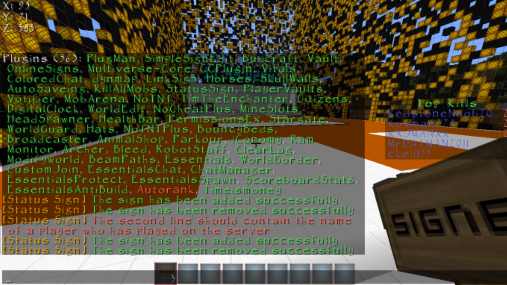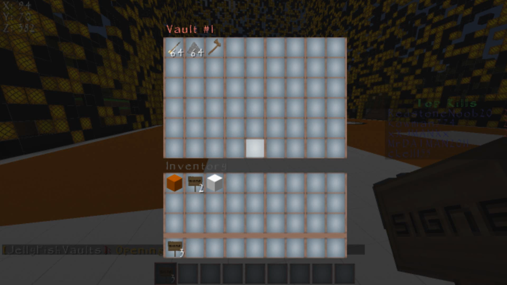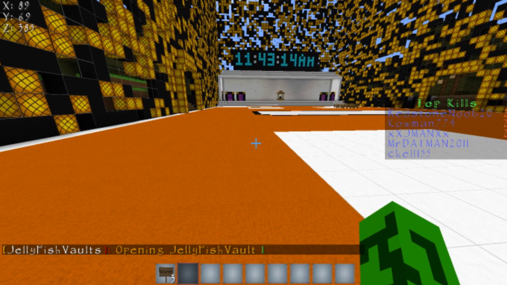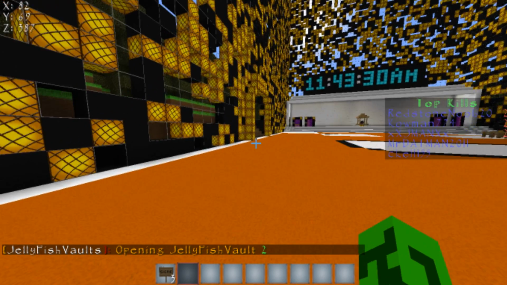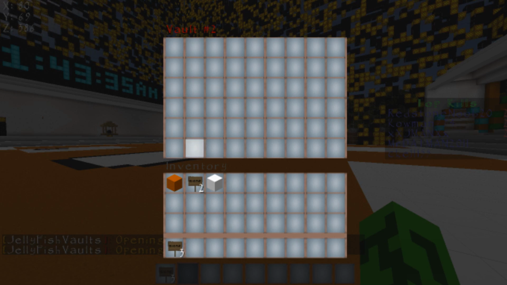Next, we have Player Vaults, which was that one that I was talking about before. You type in /PV1, and it is a vault, and it's virtual, so you can access it anywhere. And I did a little bit of editing, so now it says Jellyfish Vaults and everything, so it's pretty cool. And you can set in the config, and there's permissions to set how many vaults the person can have, and I set it up so you have to pay $500,000 to get one, because I mean seriously, you're getting a double chest full of